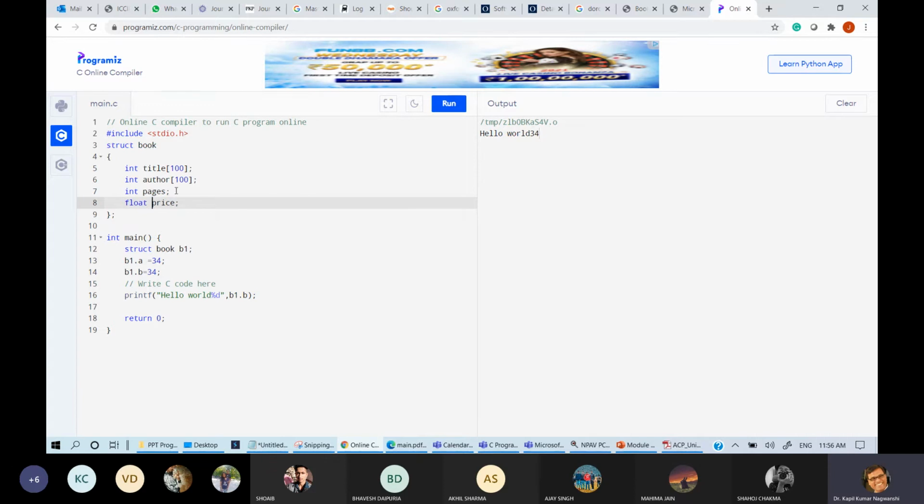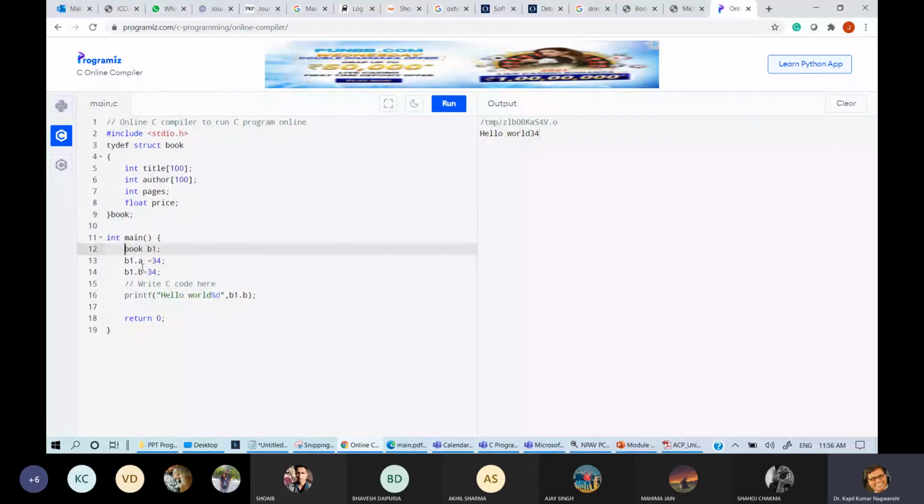Fine. So you can see that we have declared array type, integer type, and float type also. This is the beauty of struct. Now you can write typedef struct book as book.